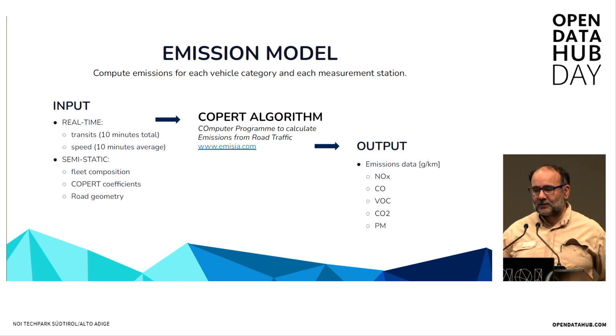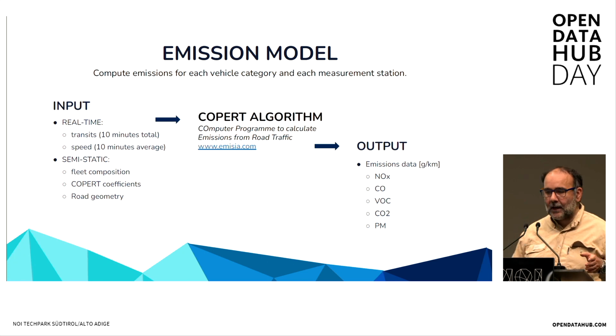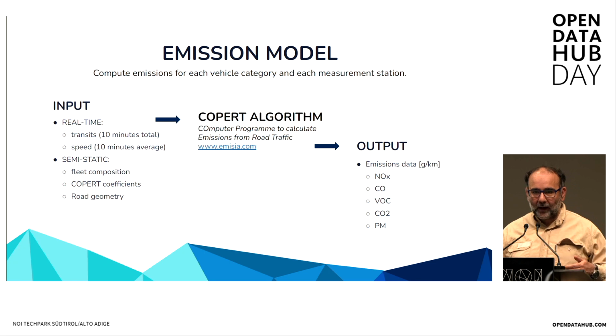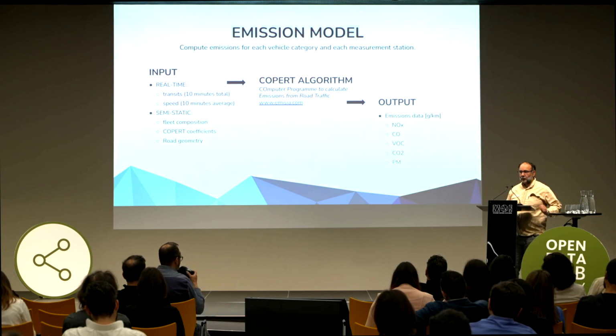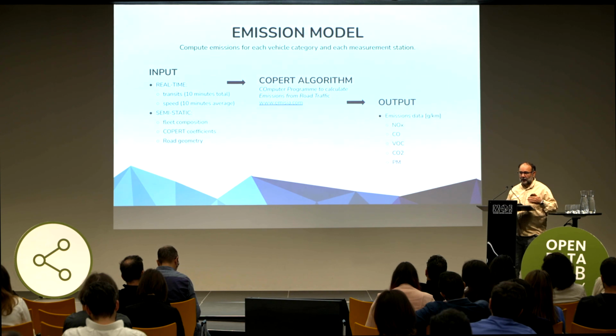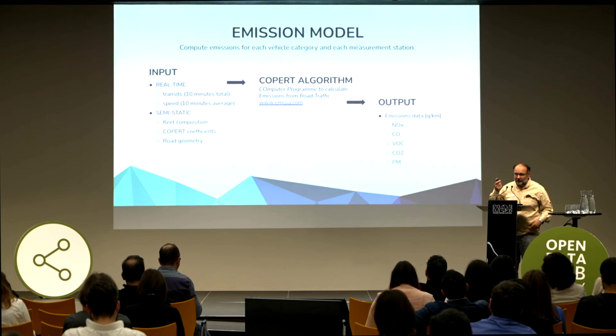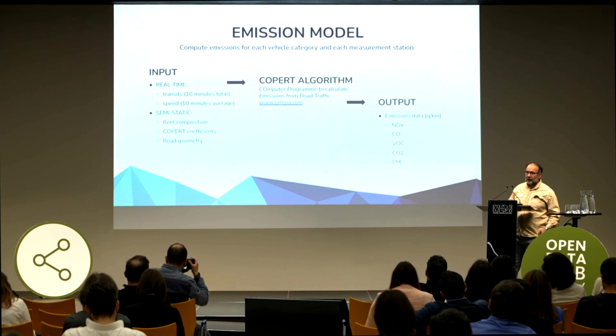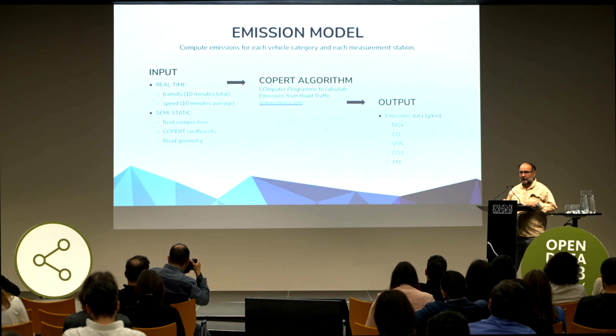And COPERT is both a software, a standalone software, we didn't use this, and is a methodology which is open and declared, and so you can recreate it, and we use this in order to have a real-time model, while the original software, we can say, is only used for planning and for statistical analysis in an